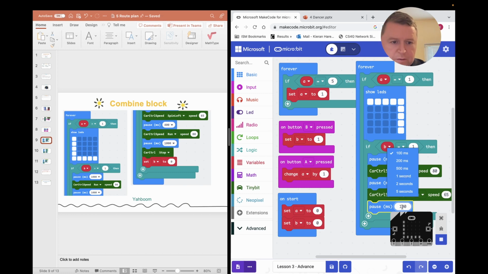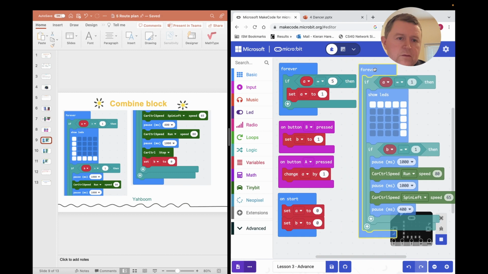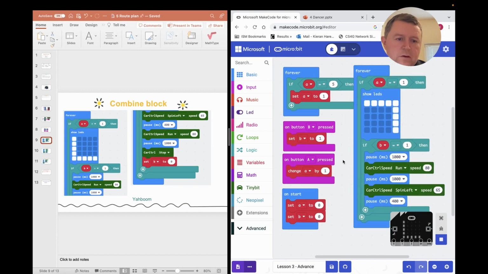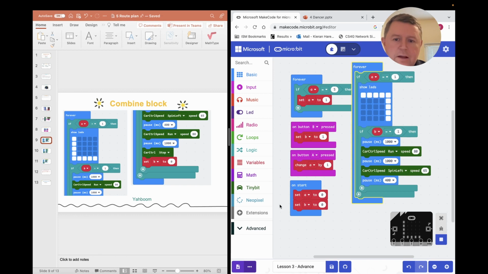So the longer the pause here, the more travel the micro:bit will do. Okay, so I'm just going to make this a bit smaller. Should still be able to see that fine, I think. And we're going to add